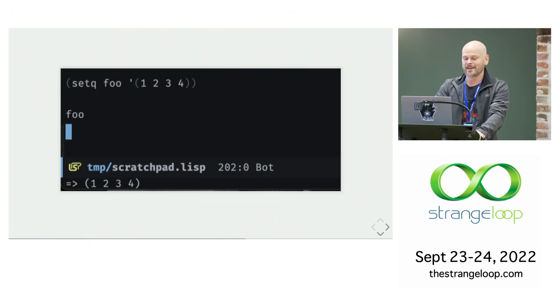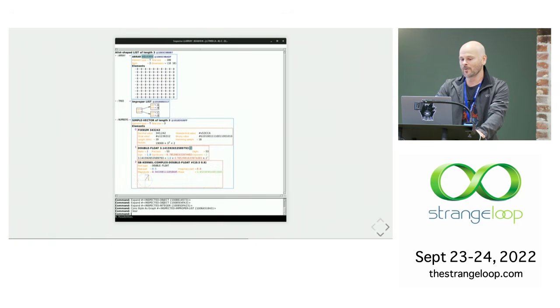I like this. And indeed, here we have a way to look at a whole set of nested data structures graphically. We can actually see things. Note in particular the complex double float at the bottom that shows you a geometric interpretation. So this is amazing. This is also 1980s technology. You should be ashamed if you're using a programming language that doesn't give you this at runtime.